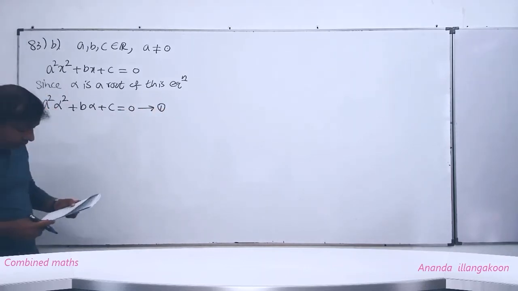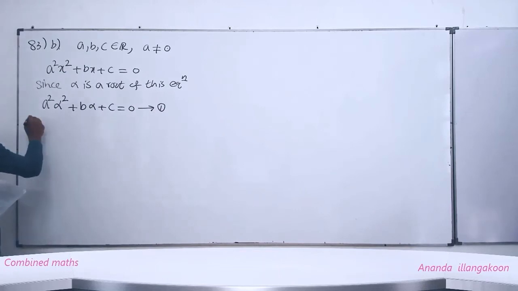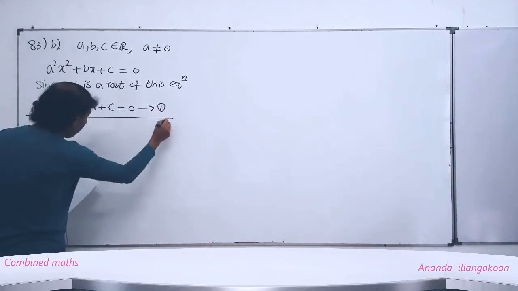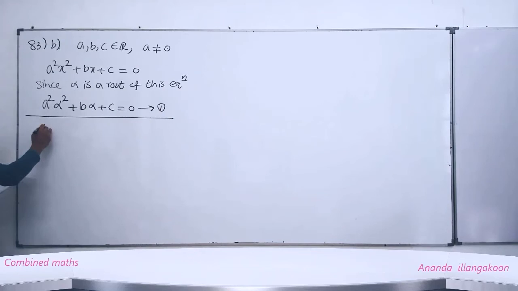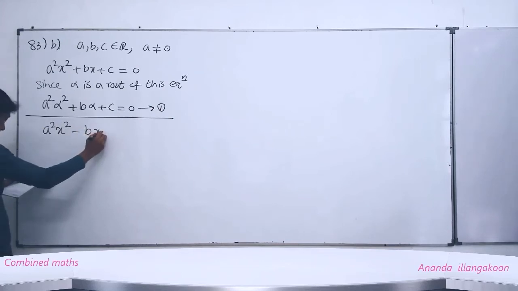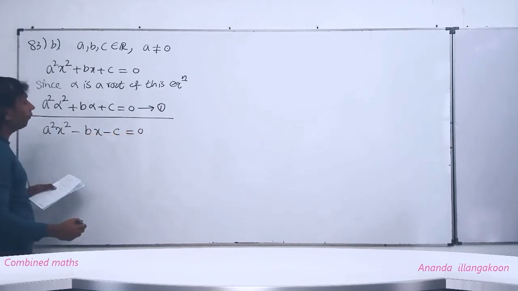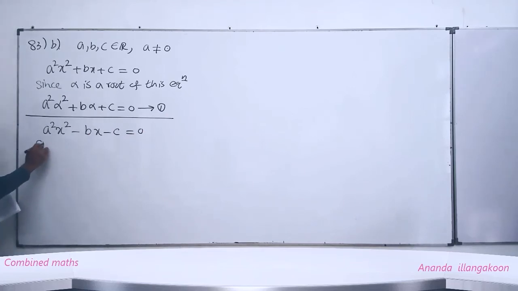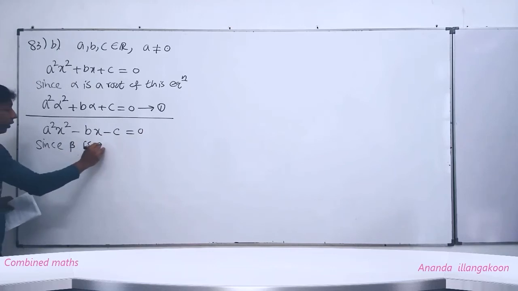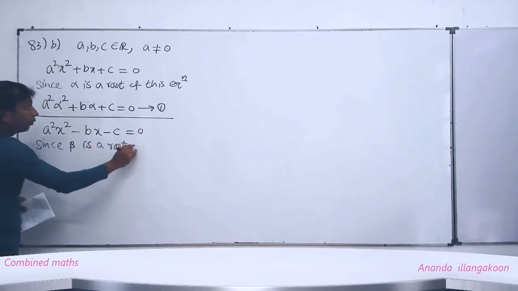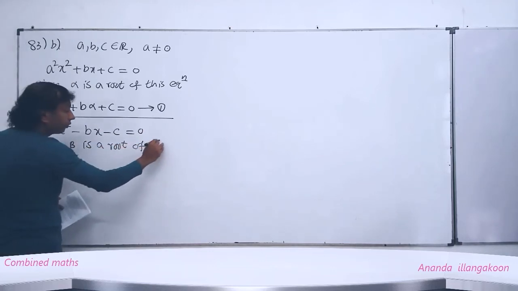Similarly, we are given another equation: a squared x squared minus bx minus c equals 0. Since beta is a root of this equation,